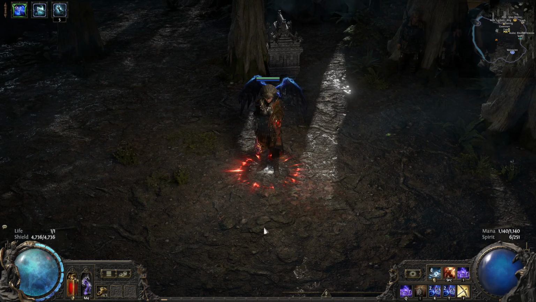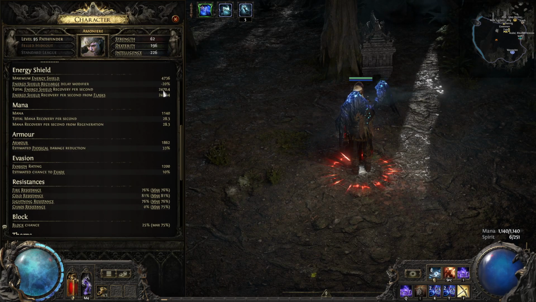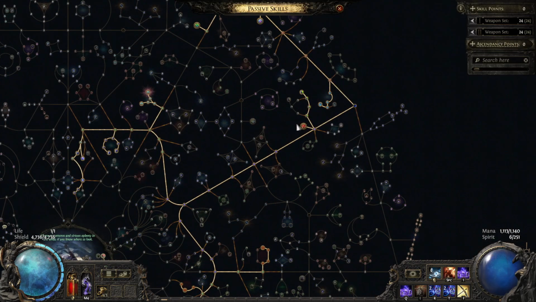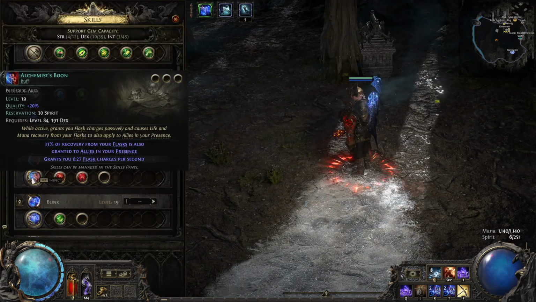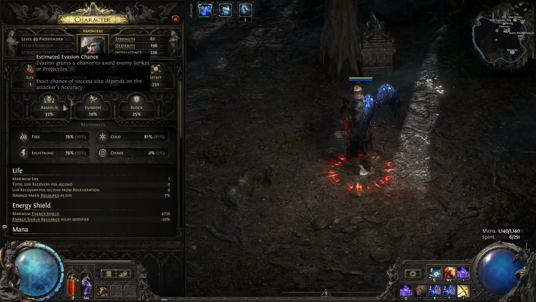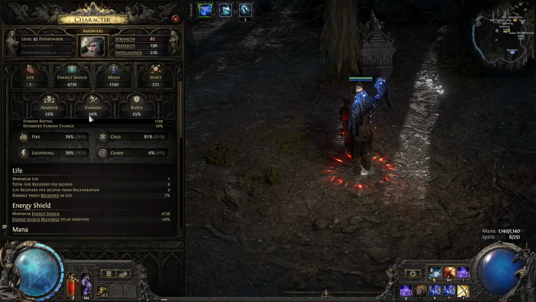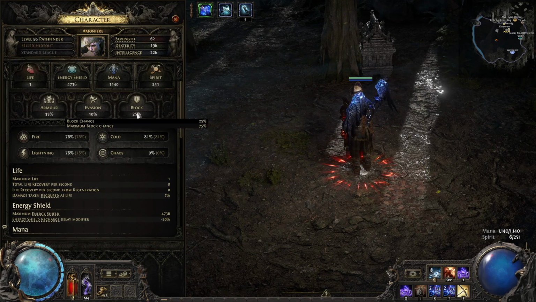When we use our flask, we will have 2400 energy shield regeneration per second by using the Eternal Youth keystone. And we also share 33% of our flasks with our party by using the Alchemist Boon gem. We have a 10% chance to evade and 1200 evasion. We have 33% estimated physical damage reduction with 1800 armor, 25% chance to block from our shield,